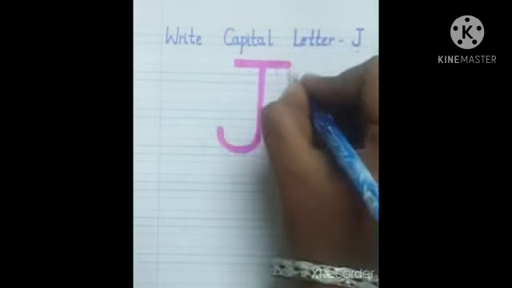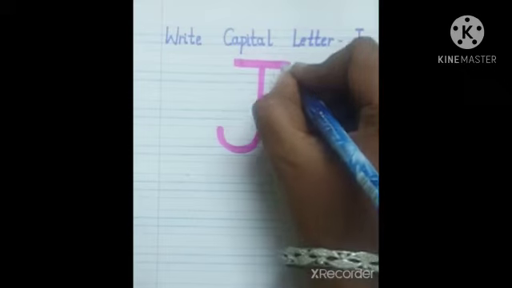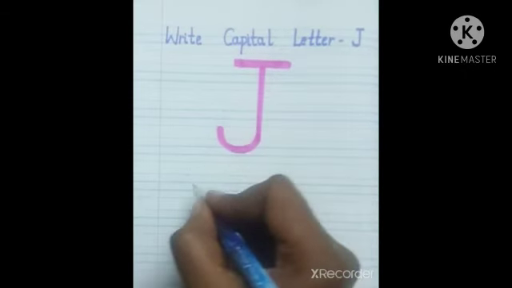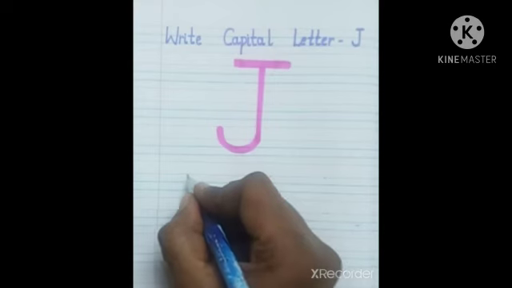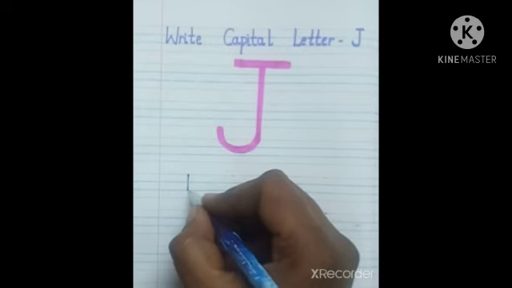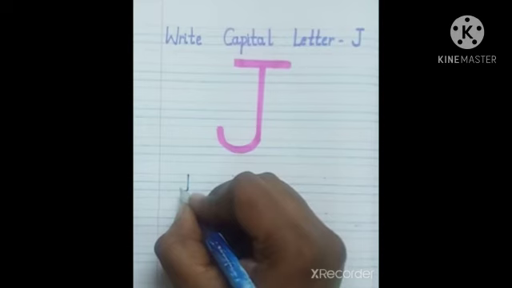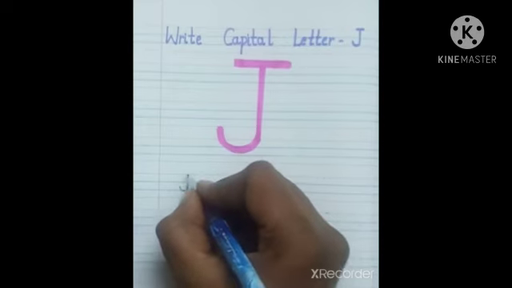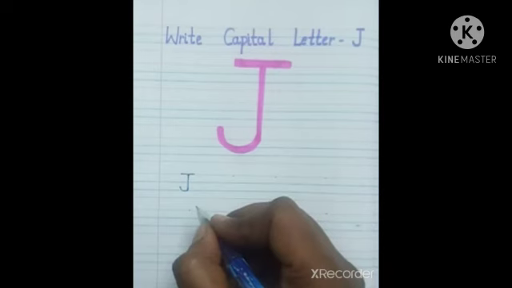Okay, children, now let us practice how to write the capital letter J. What letter is this, children? It is capital letter J. To write capital letter J, first we have to keep a pencil in the top red line and draw one standing line and stop near the second blue line and draw one small curve towards left and again go back to the top red line and draw one sleeping line to form capital letter J.